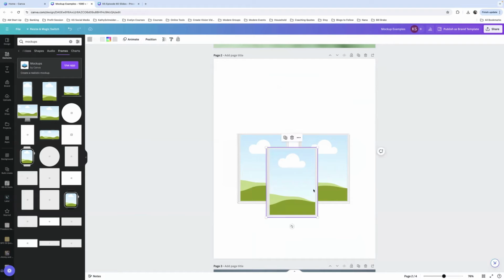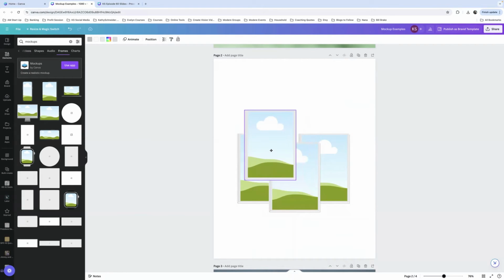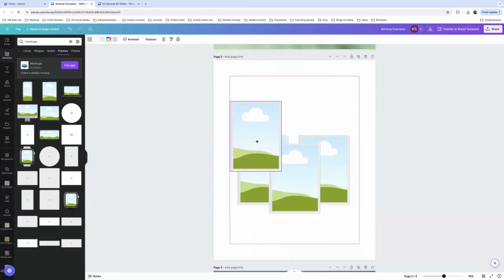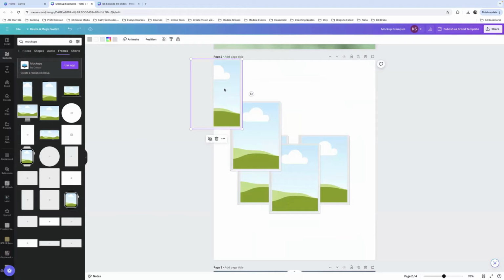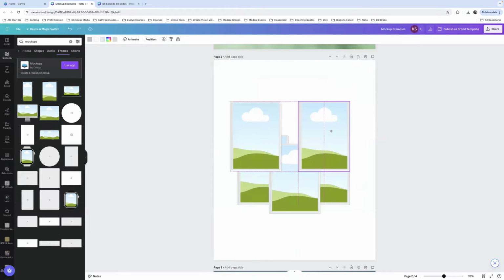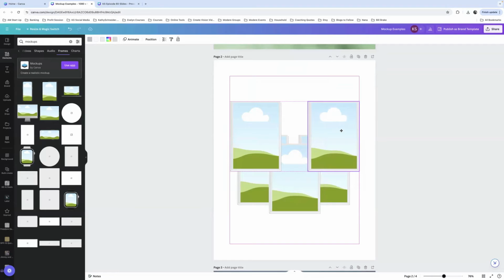So once you create the first one and you get it, we'll say centered right here where you want it, then what you do is you hit the little plus sign to duplicate it and you just drag it up to the next spot. All right. So I'm going to drag this one here and then I'm going to duplicate that. And I'm going to take this one and I'm going to bring it over just a little bit past this